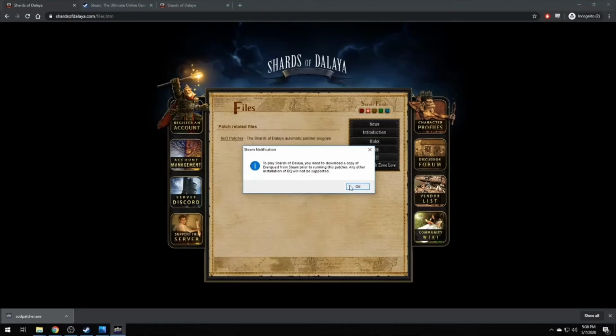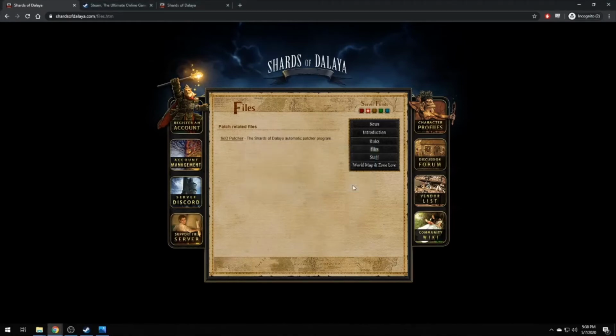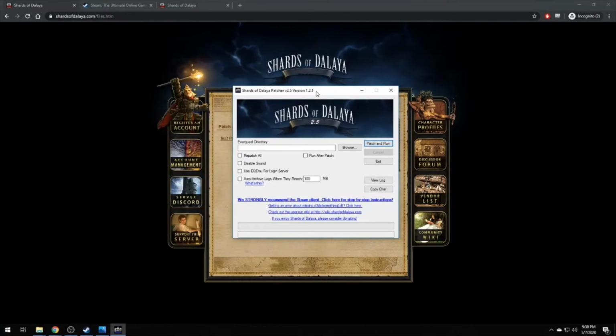Now from here we can open up the SOD patcher. It'll give us a notification that we need a copy of EverQuest from Steam prior to running it, and the patcher will open up here. Now once the patcher is open, we'll need to point it to our EverQuest directory.